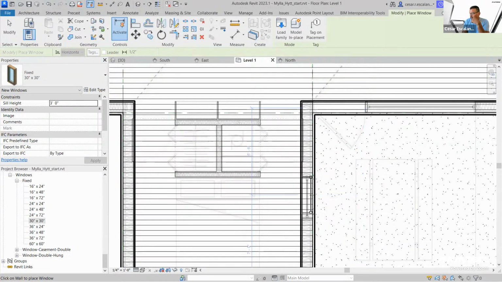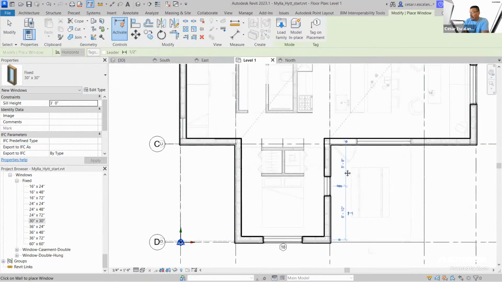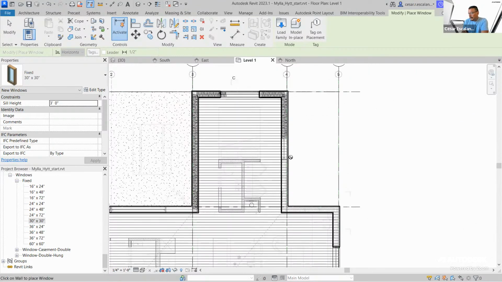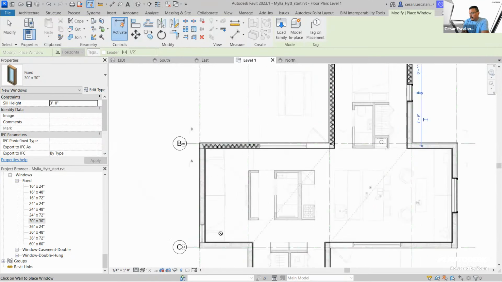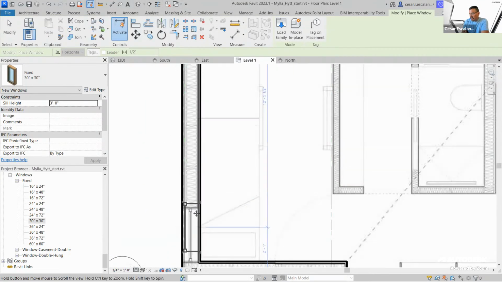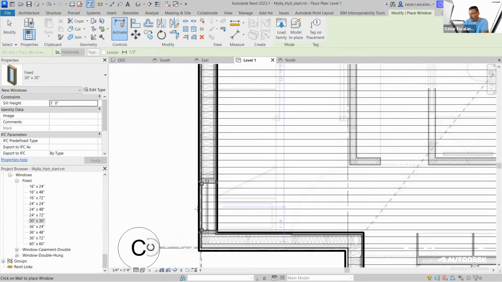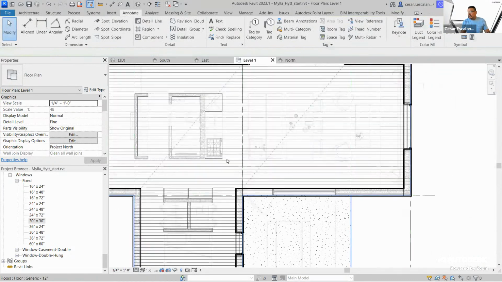You see, if you move slightly the mouse, that swaps the orientation. It moves the exterior side to either side of the location line of the wall. I want to place it here, and there's another one here. Place it here, and then there's another one at the corner of this room. And I'll place it there. So there are three